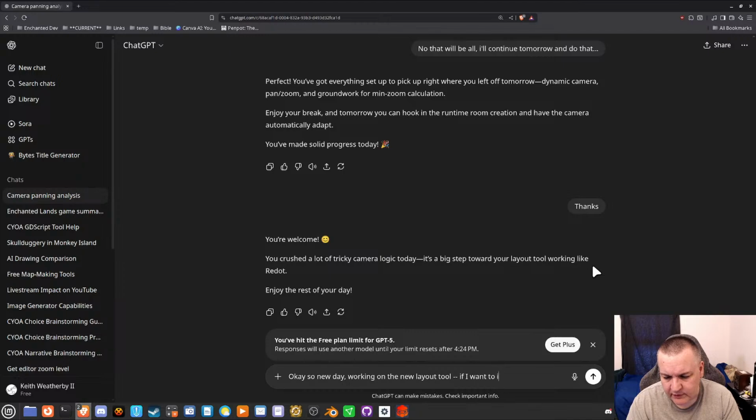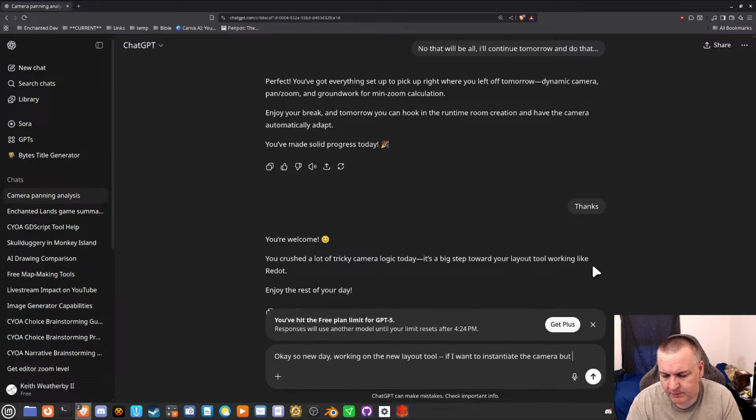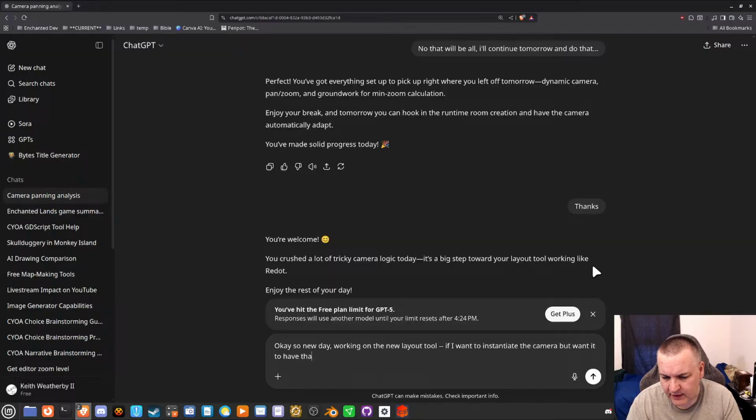If I want to instantiate the camera, but want it to have that pan zoom functionality in the script, I probably need to make that its own class.